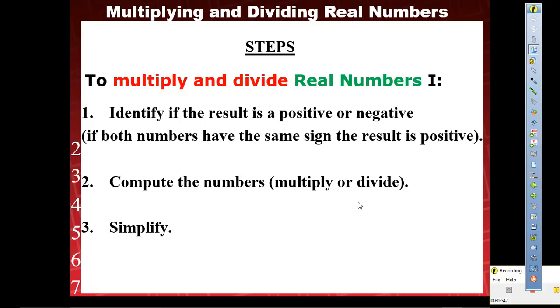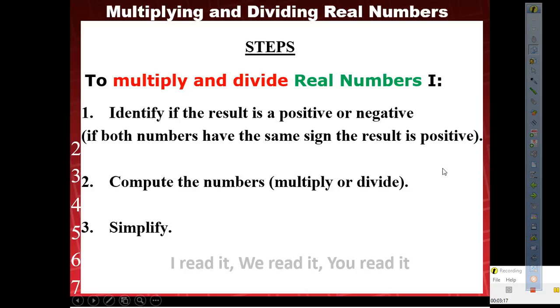Okay? So 3 easy steps. Number 1, identify if the result is positive or negative. The only rule that you need to remember is what? If they have the same sign, the answer is positive. And obviously, if they don't have the same sign, the answer is what? Negative, okay? From there, you compute, which is multiply or divide, and at the end, simplify, okay? So before we move on,